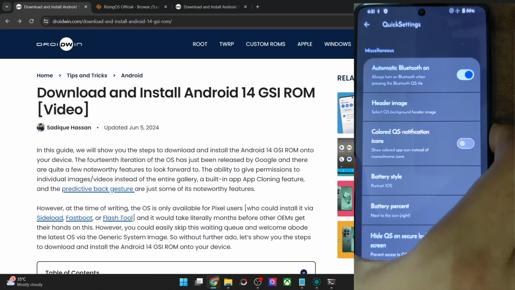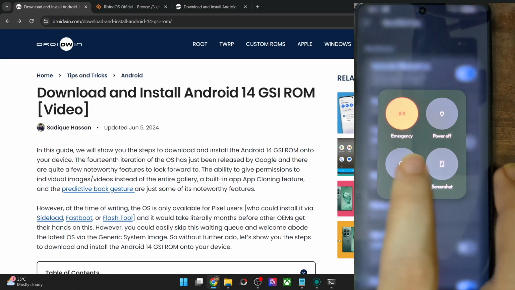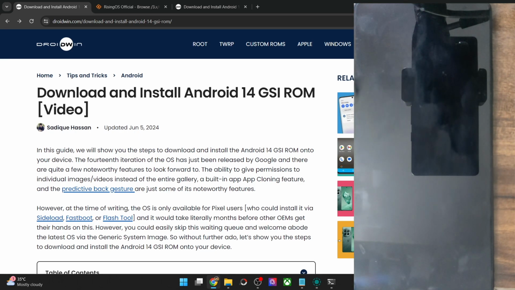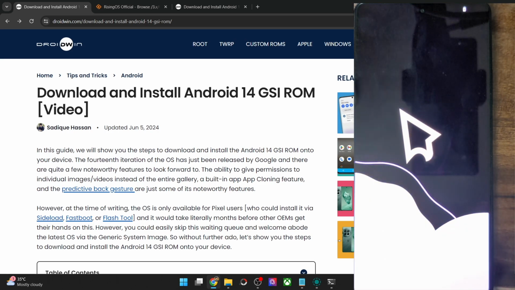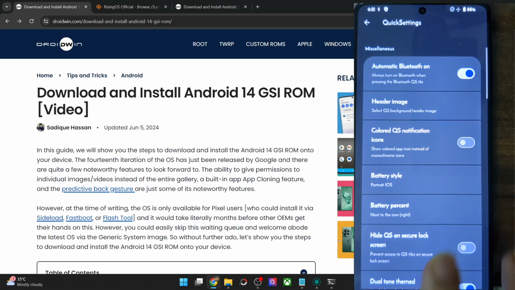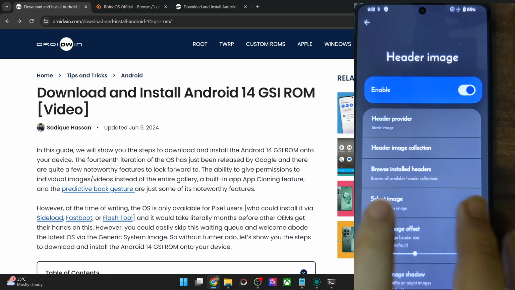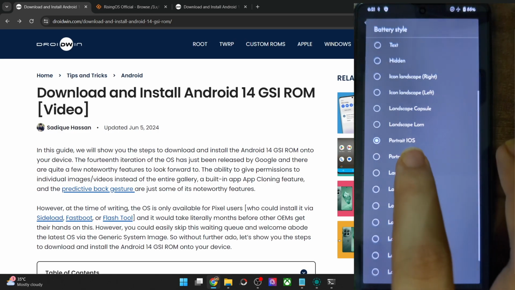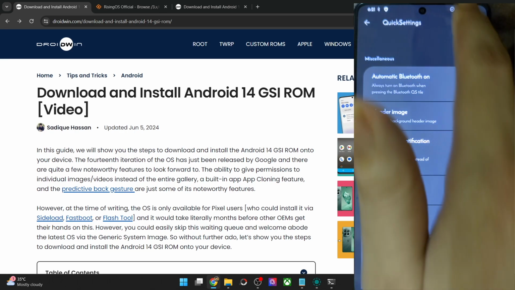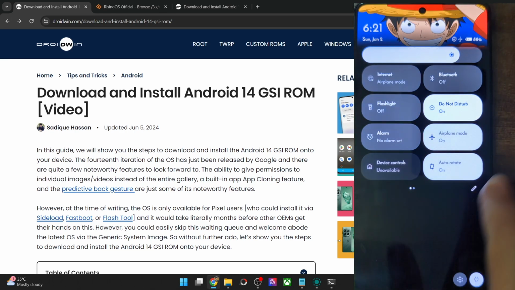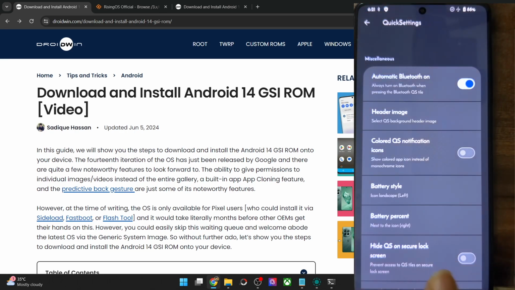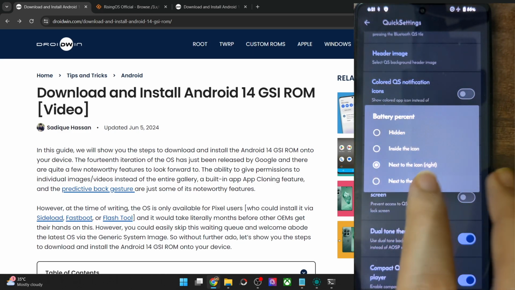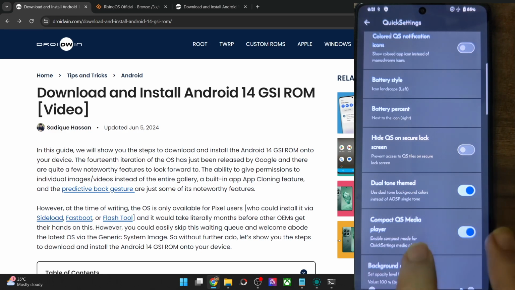I might have to restart the system UI because it's somewhat slow to use. Just give me a second and it will now restart the system UI, and now everything should work well and good. So yes, it's now somewhat smoother, much smoother in fact. This is the battery style. Let me choose the icon landscape, and as you could see, it's implemented. So you may change the battery from here. Then you may also change the battery percentage inside the icon or hide the icon as well.